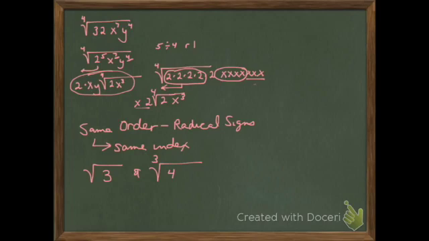Okay, this is an index of 2. You might want to write that in there. And this is an index of 3. My common index would be 6, just like a